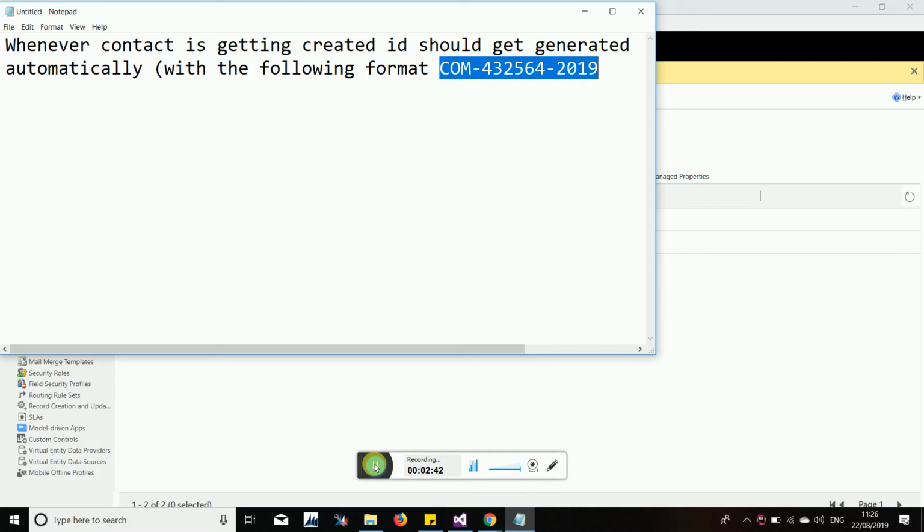But if a record is getting created by importing the data, or the record is getting created through external system integration, then at that time your client side script will not trigger. Why? Because you are not doing on save, right? You are not saving any form. Automatically data is getting created from some other system to the CRM. So at that time your JavaScript will not work. It will not execute, right? So because of that, we need to write some server side scripting.